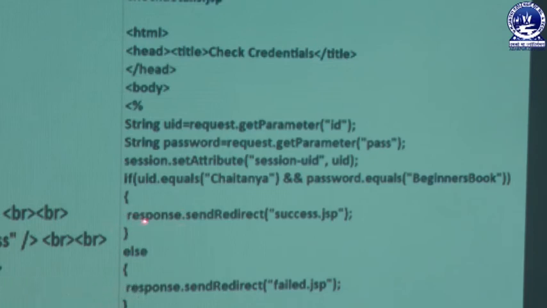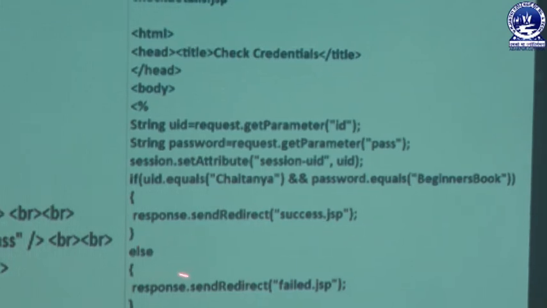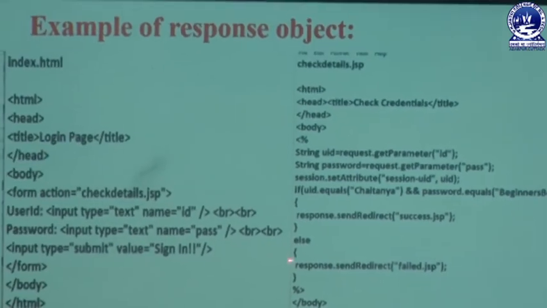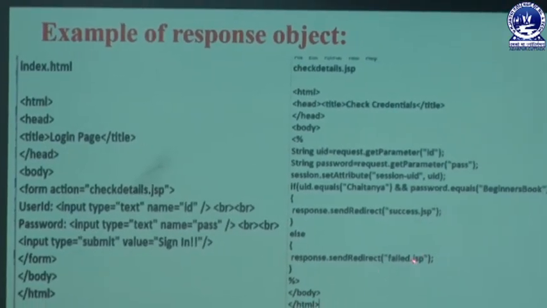The response object's sendRedirect is a predefined method always used through that response object. The response object helps to invoke the success.jsp page, which is created by the user and is present in our next slide. If it is not matched, then we get failed.jsp.